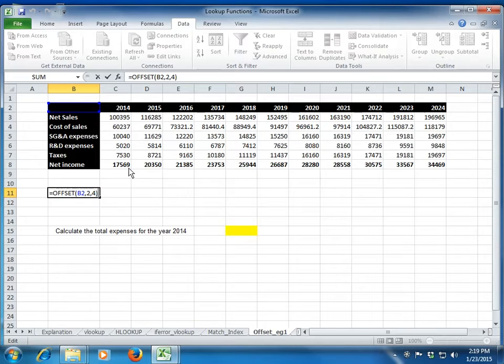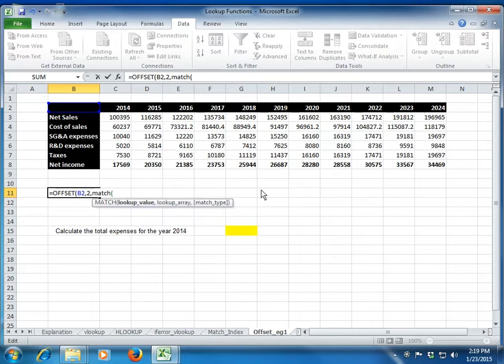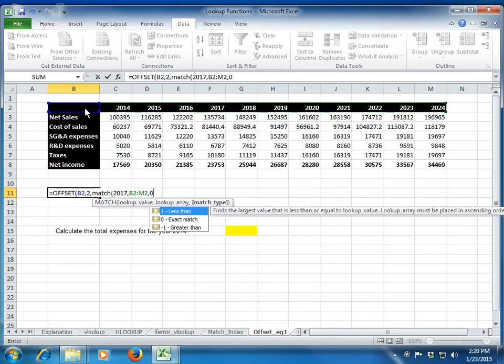So this is a basic OFFSET function. Again, it can be used with a lookup value. Let's say I know that I want cost of sales, but I want to keep my year dynamic, so I use a MATCH function along with that. To offset the number of columns, I use a MATCH function, and I say lookup value 2017, and I give a lookup array, exactly as we have done with the MATCH function, and I close the bracket.